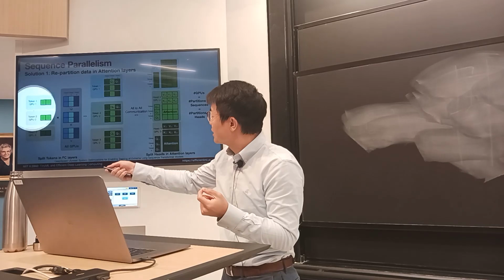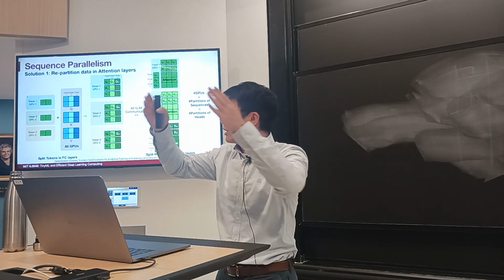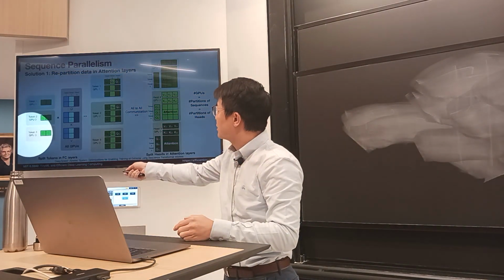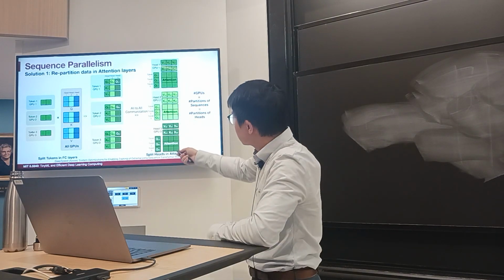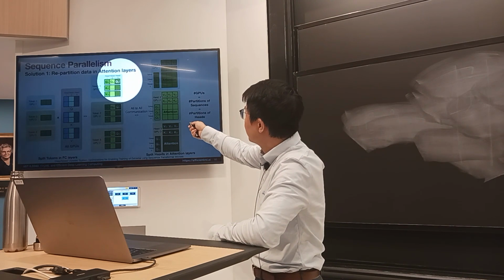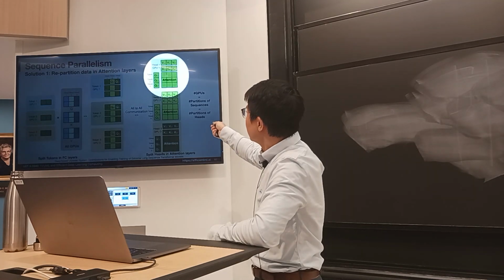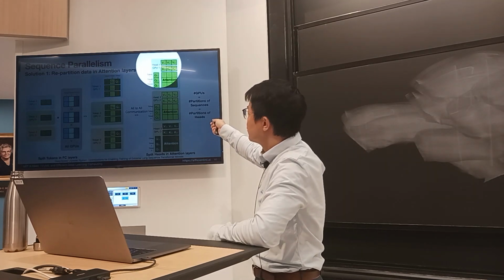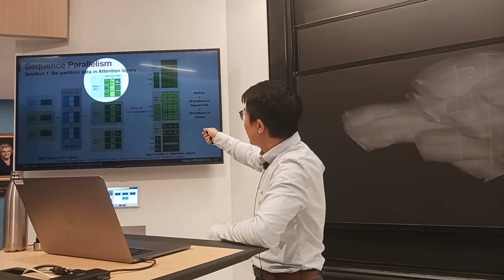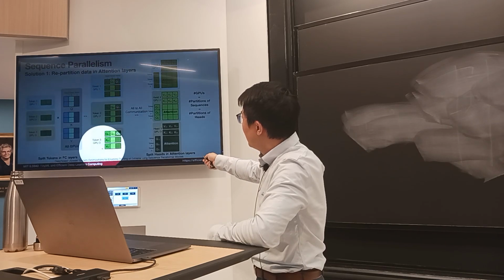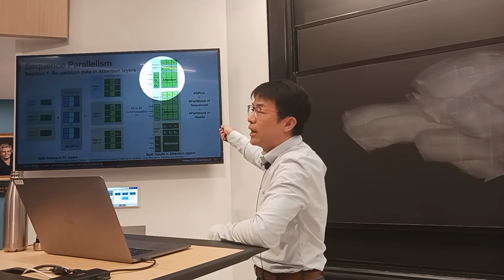Previously, we were partitioning in the sequence dimension. A long sequence, different parts, in blue, in green, in yellow. Now we are partitioning the head dimension. This is head 1, head 2, head 3 in green, light green, and dark green. So GPU1 is responsible for head 1, everything related to it. So we just collect everything in the first column, which is the first head, to GPU1,